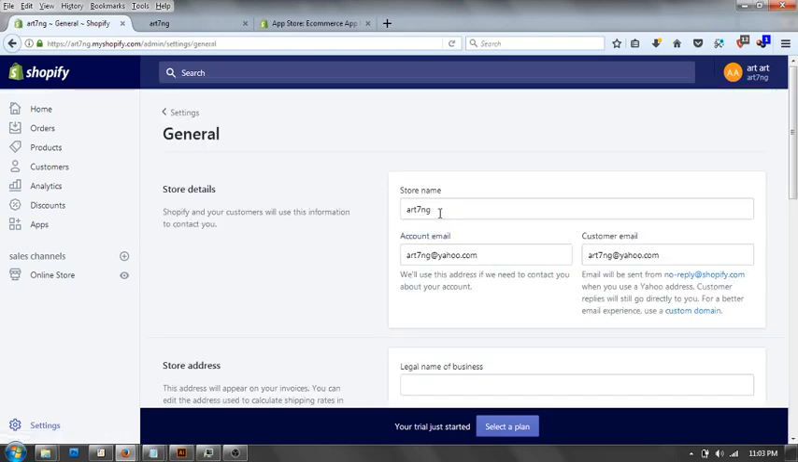All right, now your store name is not this name. Remember, this cannot be changed. Your store name is just what you want to call your store. So if it's not Art7NG, and you want to call your store Catwear, that's where you're going to type it. Account email, we'll use this address if we need to contact you about your account,